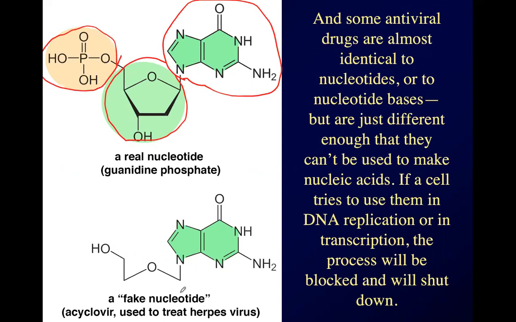If you feed a cell a drug called acyclovir, it's got the base right here, but instead of having the sugar, it's got nothing right there. And so if you pump a cell full of acyclovir, it will try to use this in DNA replication and fail. So acyclovir is the drug of choice for treating the herpes virus, by the way. It never completely gets rid of it, but it can knock it down to low enough levels that you can live with